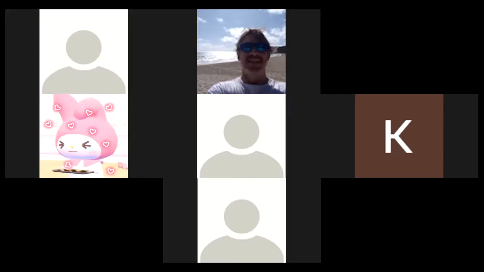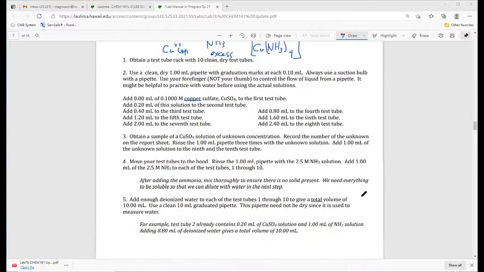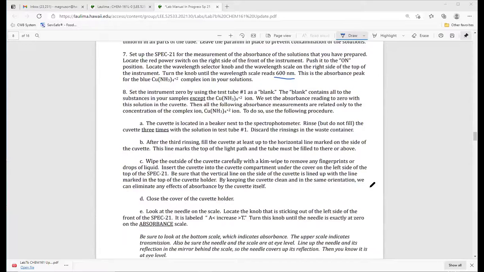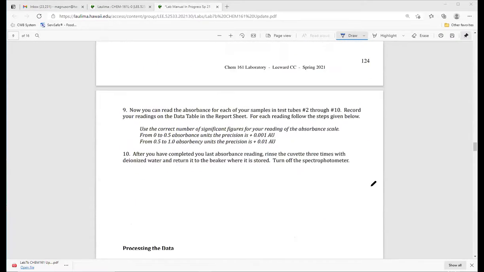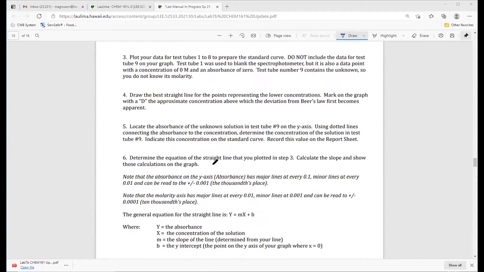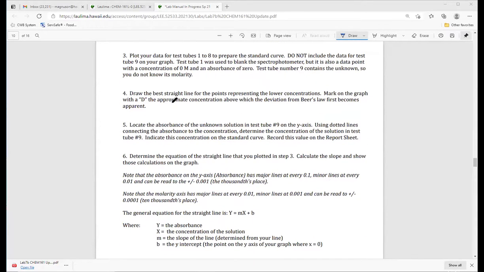All right, let's go back and look at the graph. So the graph, they give you the graph paper. It tells you how to do all the data. Read through this. Watch the video. Here's how I did this, right? This is the processing of the data. Draw the best fit. So one thing I should say about making the best fit line,